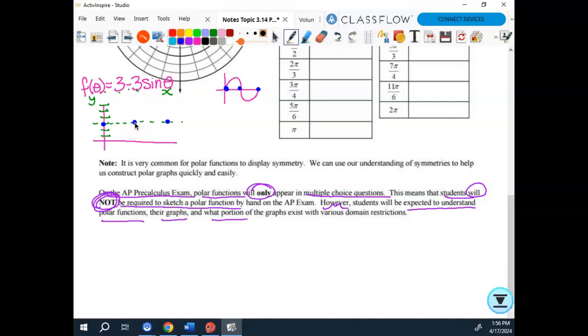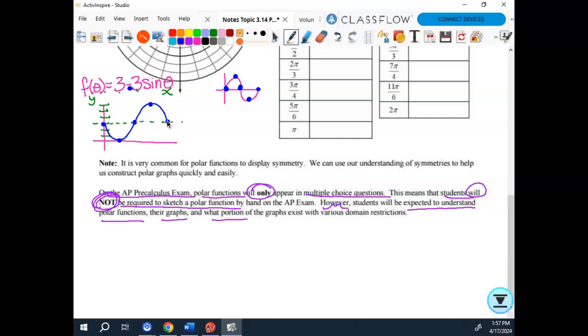Then, usually, I go halfway between these two zeros, and I go up whatever the amplitude is, but because of this reflection, halfway between these two, I'm going to go down 3 and be at 0. And halfway between these two, instead of going down, I'm going to go up 3 right there. So this is what my sine function looks like